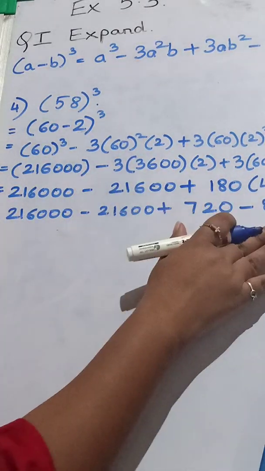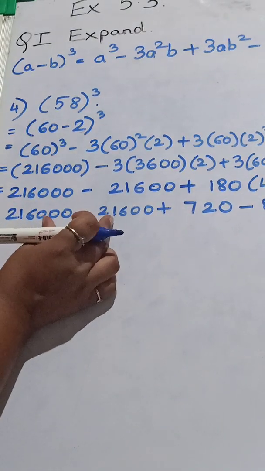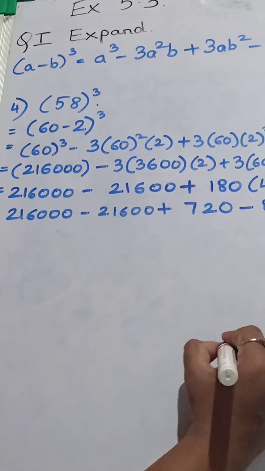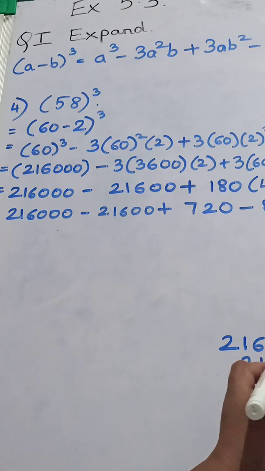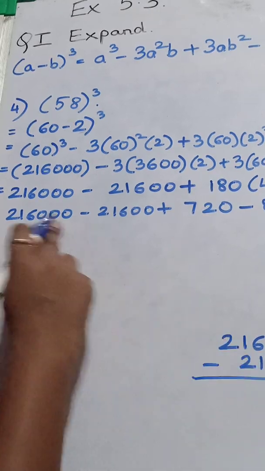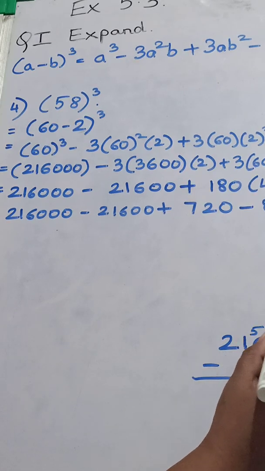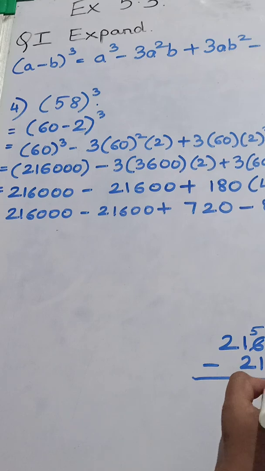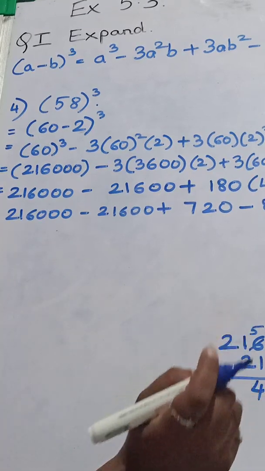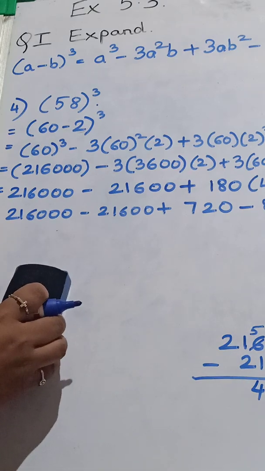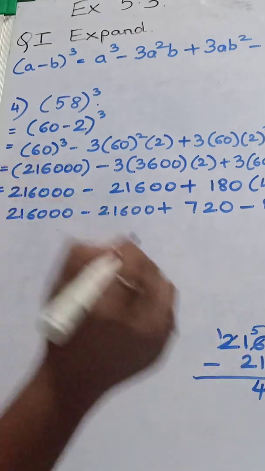Now we cannot directly add everything. First, we need to minus these two. Okay, so we'll first minus these two. That is 216 zeros, 216 zeros. This is minus here first. So 0 0. Cancel this. This becomes 5 1. 10 minus 6 gives you 4. 5 minus 1 is again 4. 1 minus 2 is not possible. So 1 minus 2 will cancel this. Here it will be 1.